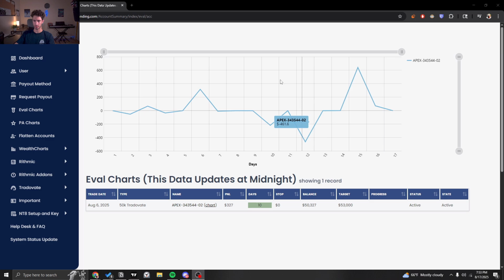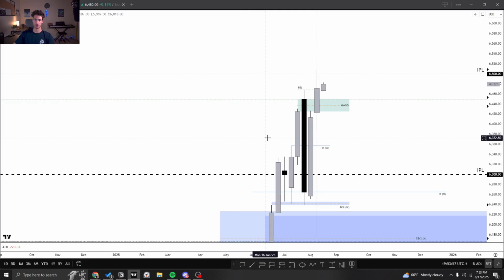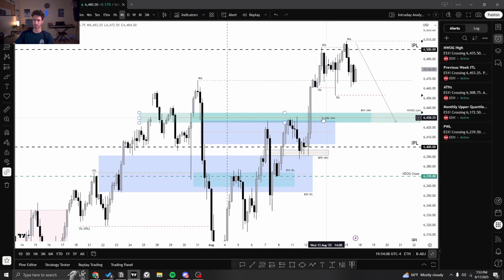If we go into my Apex, we'll see no change this week. We're still over $327 above the balance. Nothing's changed. It's boring on paper, but that's discipline. There's times where I could have traded, but I missed the one move that I liked and I wasn't going to chase it. So what I was looking for is, if I go to my intraday charts here,